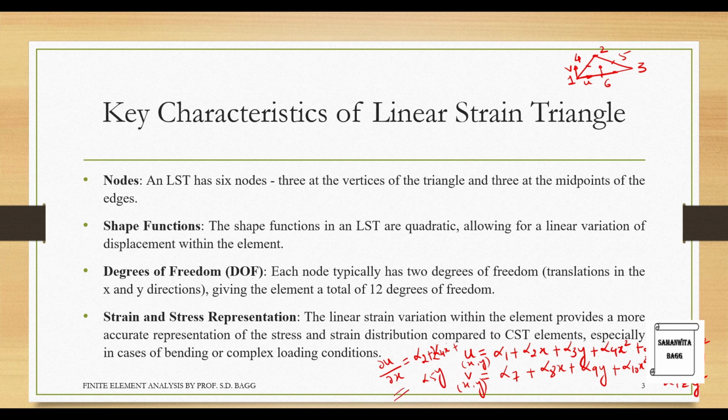Unlike in the case of the CST element, where the value of strain is going to be a particular value, say alpha 1, beta 2, gamma 3, something of that sort, such that you get a number directly and not an equation. So there we say that the value of strain is constant. Here we say that it is a linear strain variation which takes place.